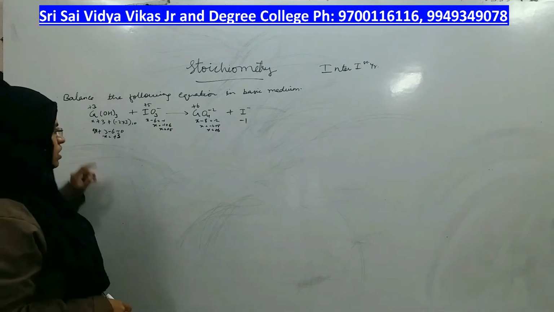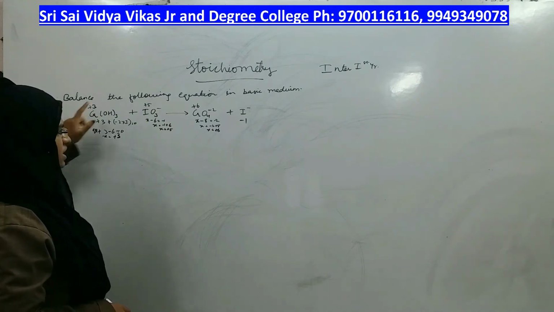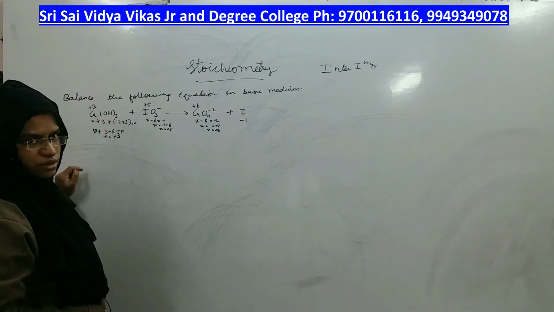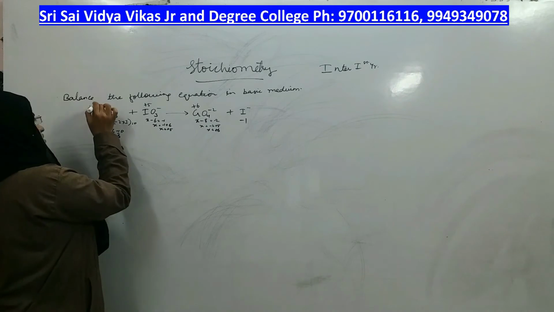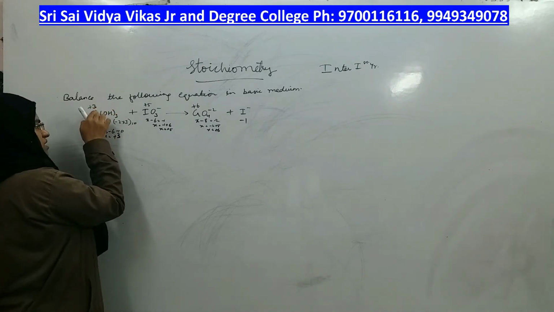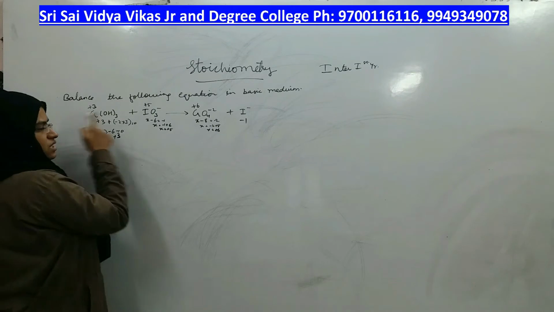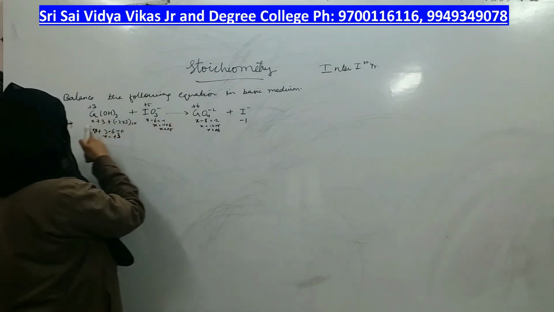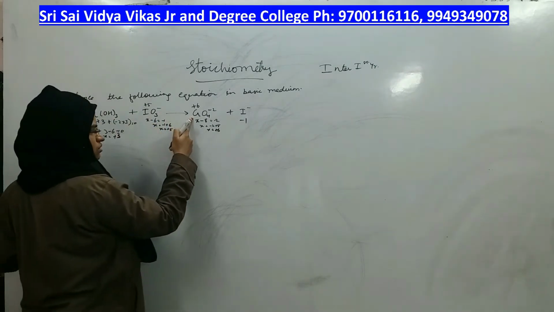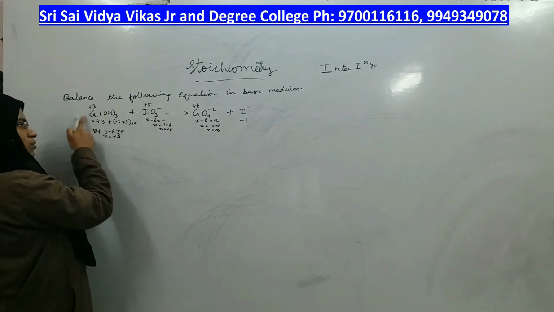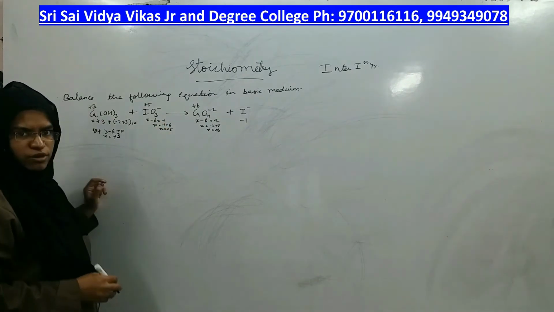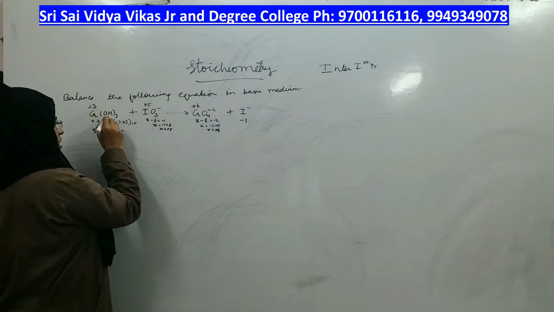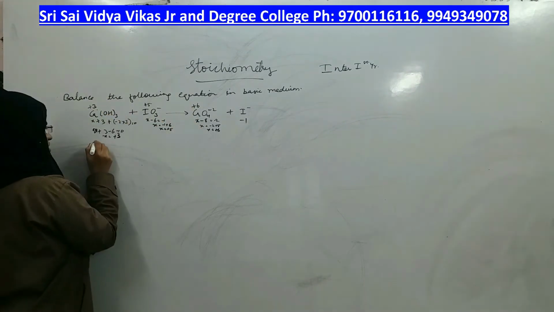right? So now you compare the oxidation states of the reactant and product and find out what is being undergone by that particular compound, right? Oxidation state of chromium here is plus 3, that means 3 electrons are less, and oxidation state of chromium in this compound is plus 6, that means 6 electrons are less. It lost 3 more electrons to get chromium of plus 6 oxidation state. So this is oxidation, right? Chromic hydroxide to chromate is oxidation.